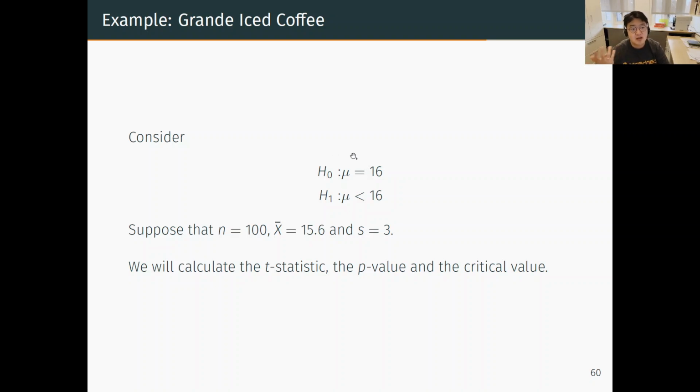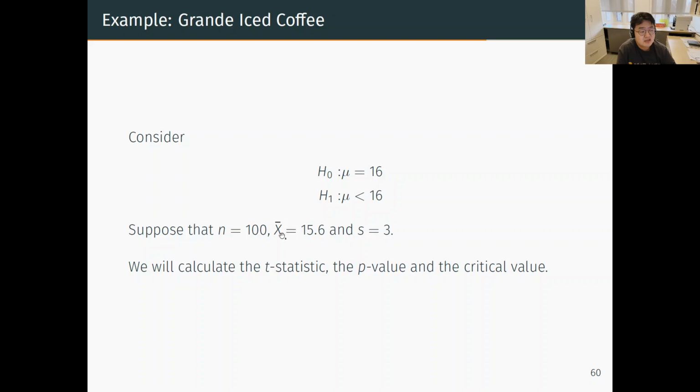If it was greater than 16, then literally that would be a mistake by Starbucks, but that's not something to punish, right? That will be rather a random error. So I only care about whether it is too small. That's our hypothesis to test. Under this setup, we have a sample of 100 observations,